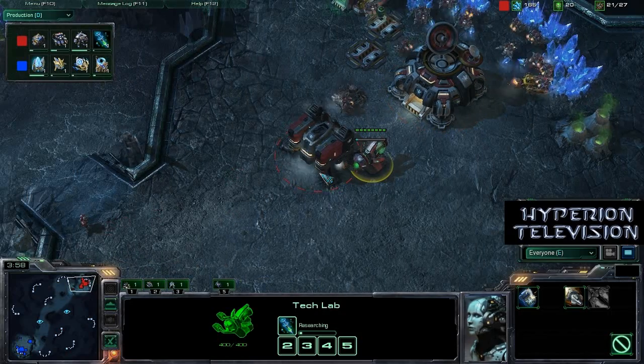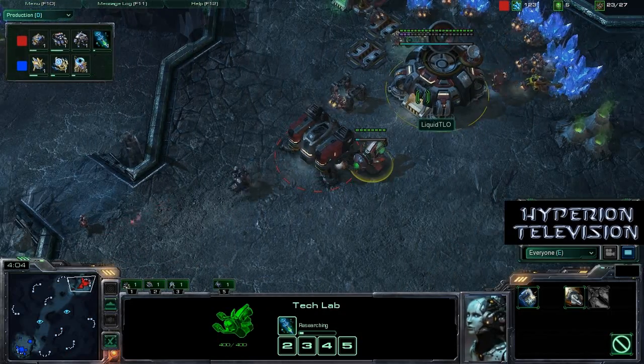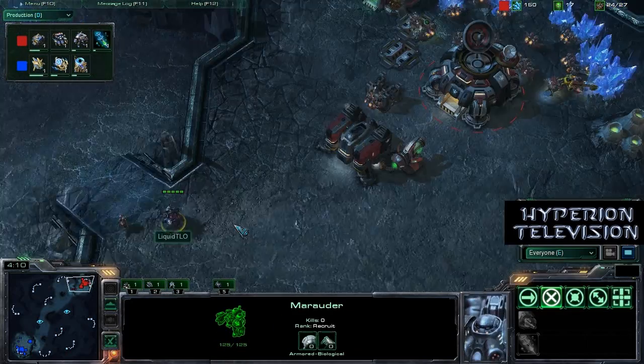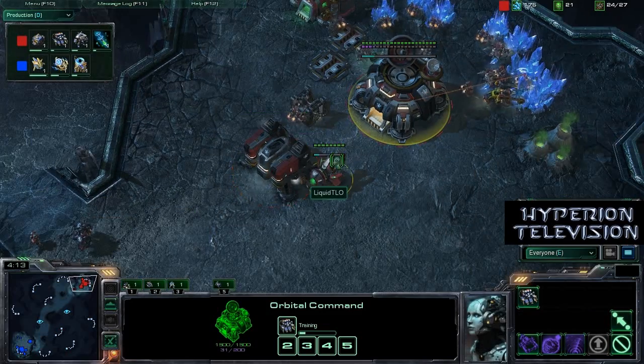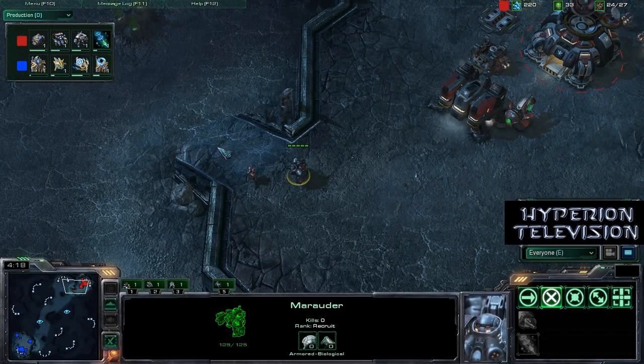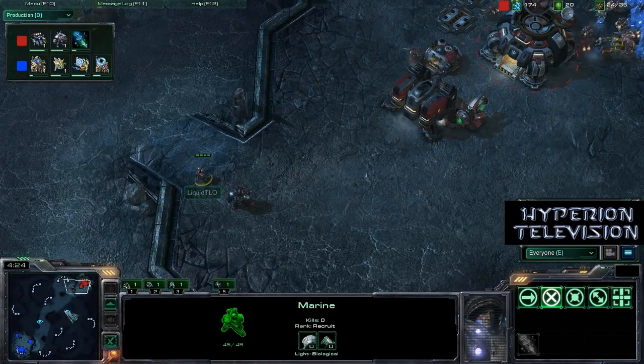Oh, and look at this, extremely fast Stimpack research going down about 4 minutes into the game, and already we see Stimpack being researched from TLO, so that can only mean one thing, that we're going to see some very aggressive push coming from TLO as soon as that Stimpack finishes. Wouldn't be surprised if maybe we saw an engineering bay come down soon as well and get a +1 attack